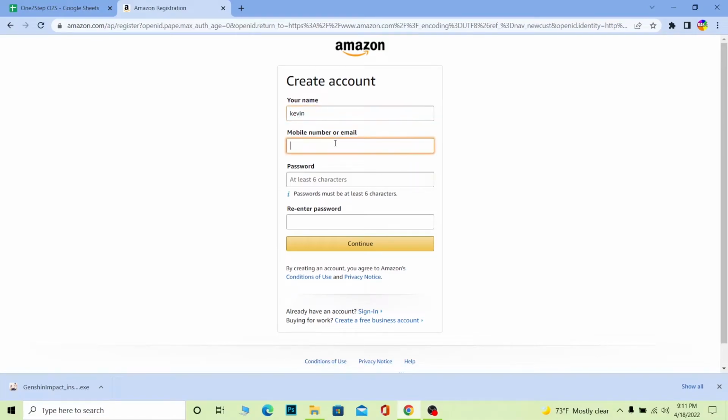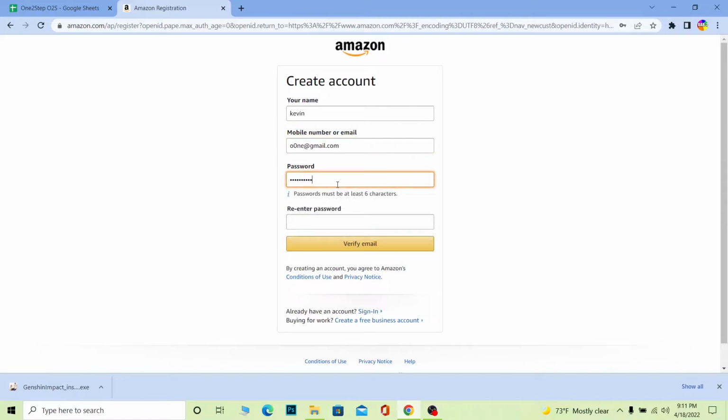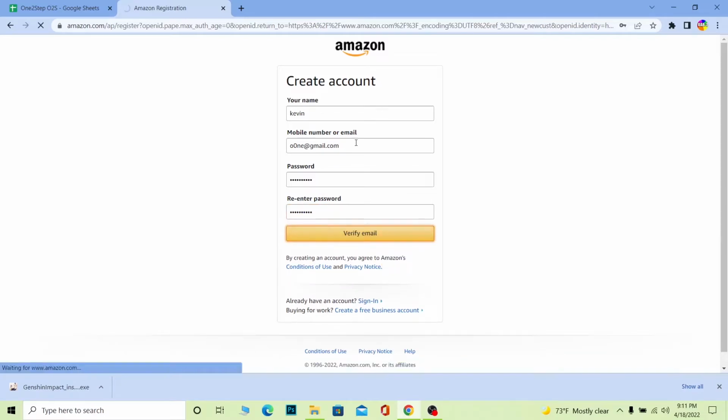After you enter your name, you can enter your email address, whichever email you want to use to create an Amazon account. After you enter your email, you need to create a password for your account. After you create a password for your account, at the bottom, you need to enter the password again to confirm it. After you confirm the password, click on verify email and a verification code is going to be sent